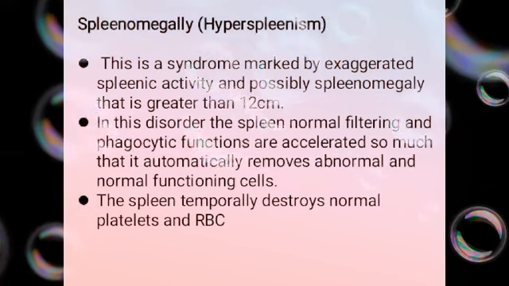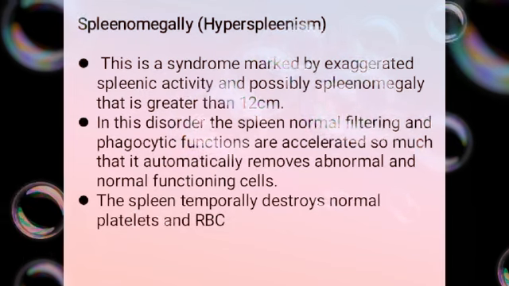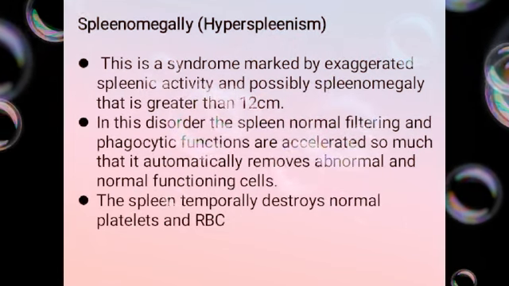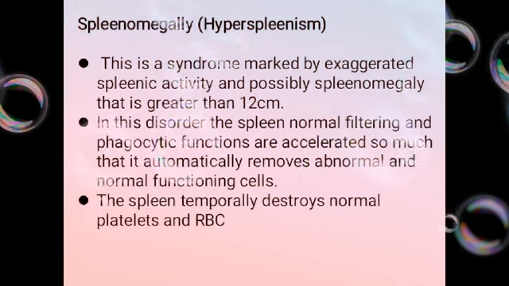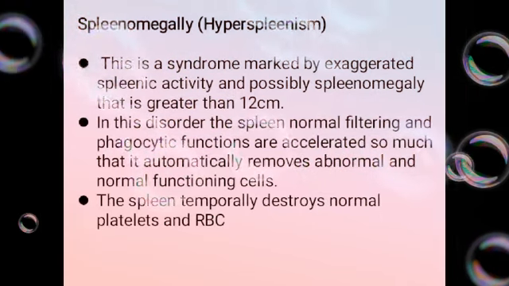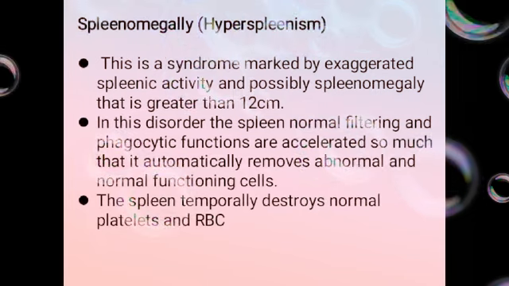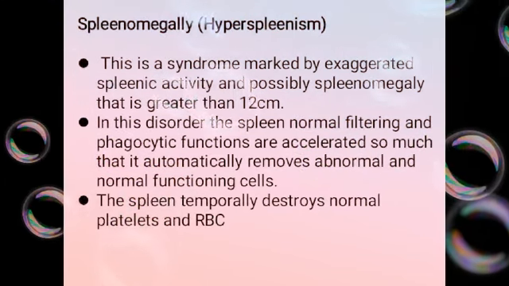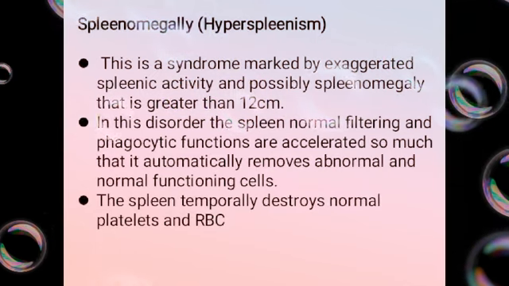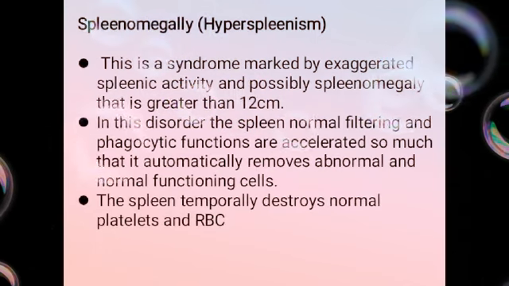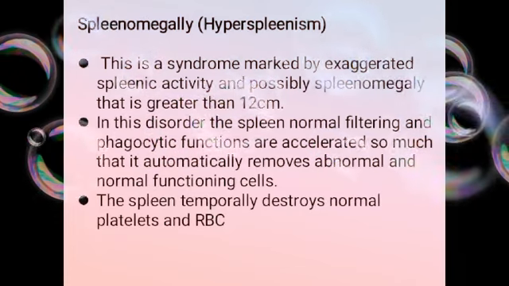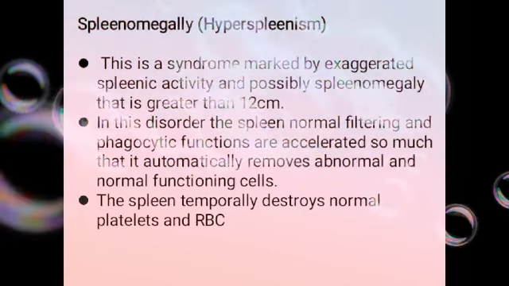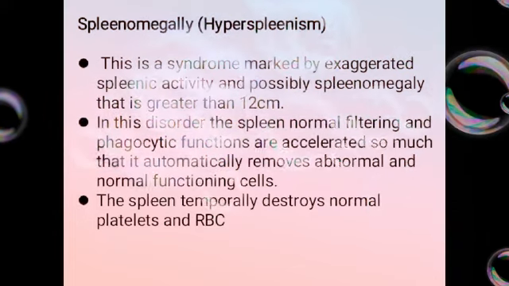Splenomegaly, we talked about it under the signs and symptoms of abscess of the spleen, and in this case we are saying that it may stand as a disorder on its own. Splenomegaly is sometimes said to be hypersplenism. Why is it called like that? Because this enlargement of the spleen may come due to the workload that can be imparted on the spleen itself. So splenomegaly in this case is nothing but the enlargement of the spleen that can be more than 12